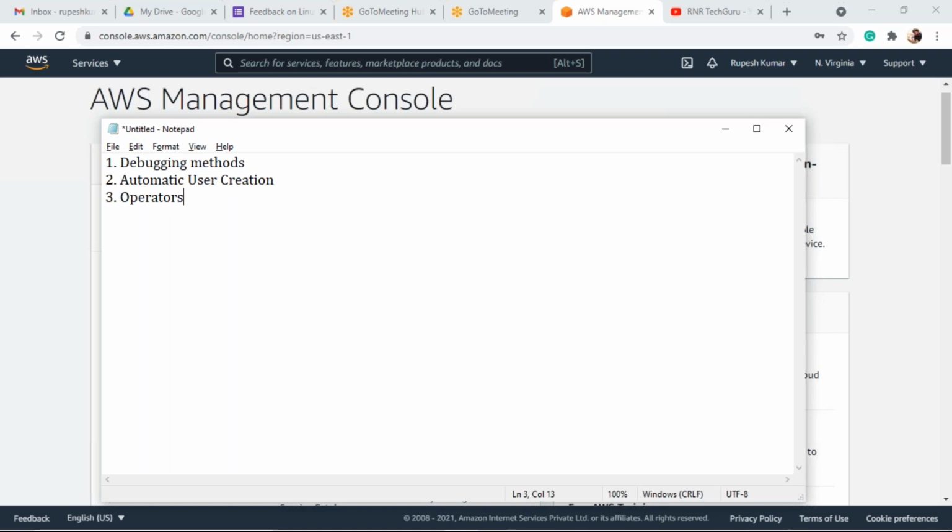So based on the time, we will go with the strings as well, right? So these are the main topics that we are going to discuss today: debugging methods, automatic password and user creation, and operators.